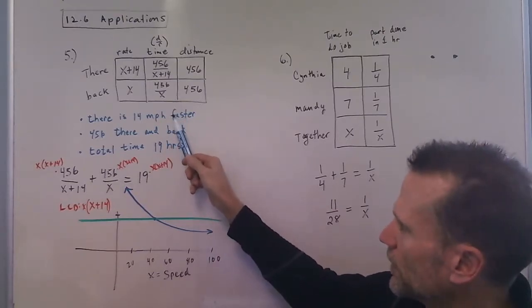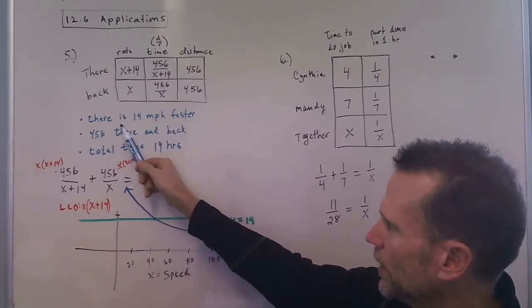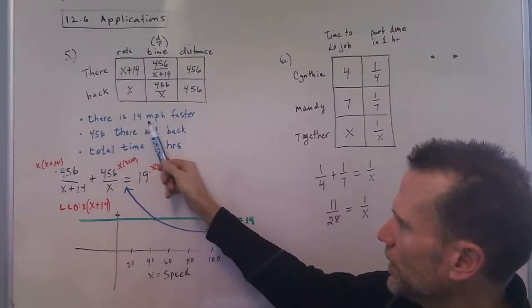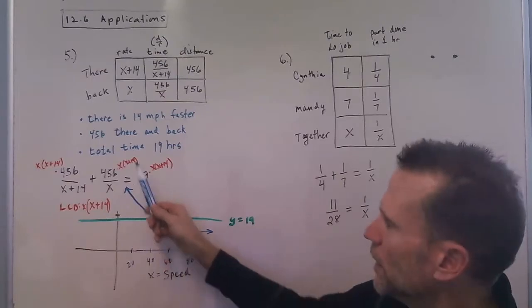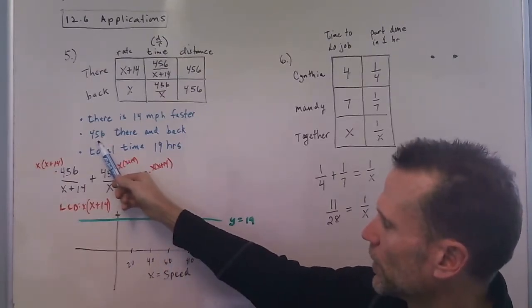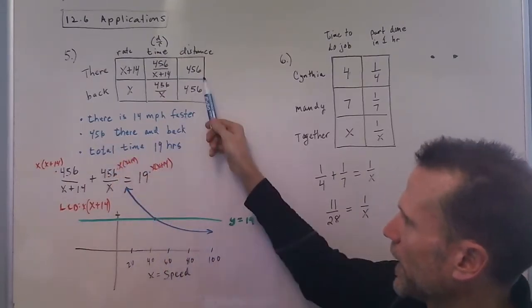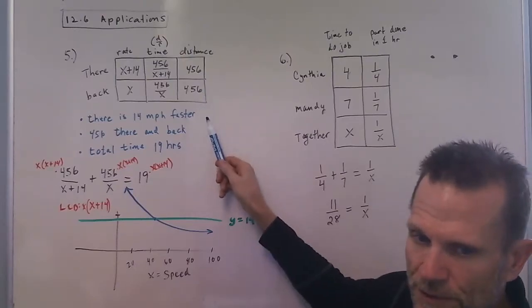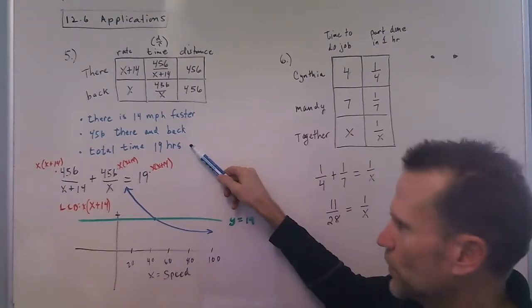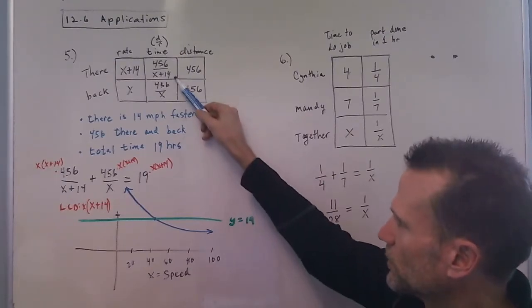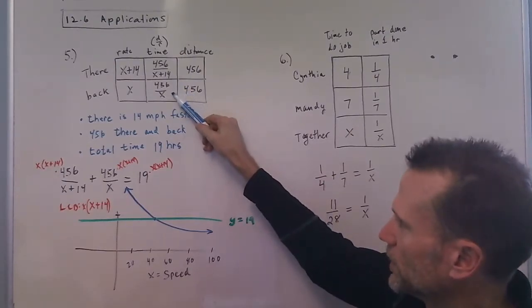So a couple of the key points in this problem are on the way there, it's 14 miles per hour faster, so that's why we have the plus 14. And then it's 456 miles there and back. It's the same distance. And then the total time is 19 hours. So since the total time is 19 hours, we have this time plus this time